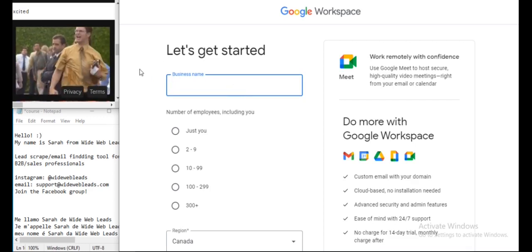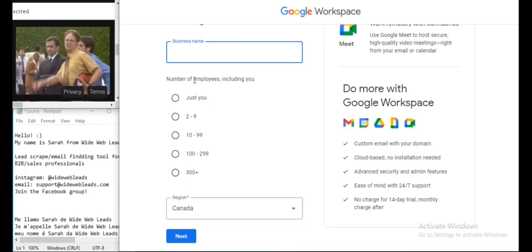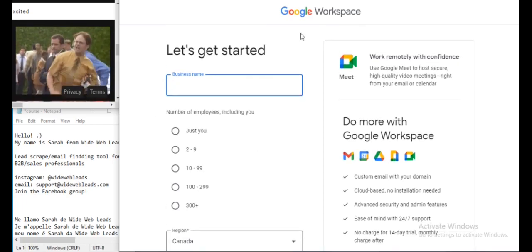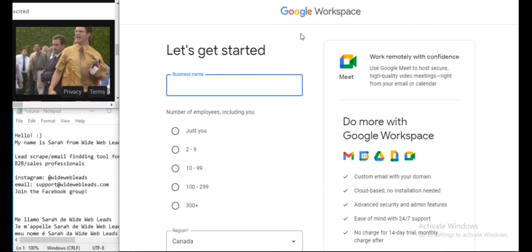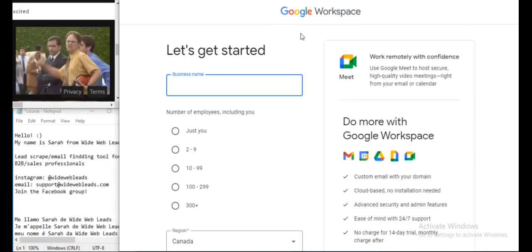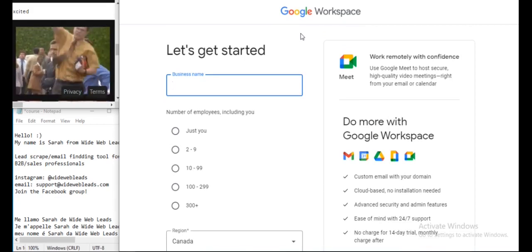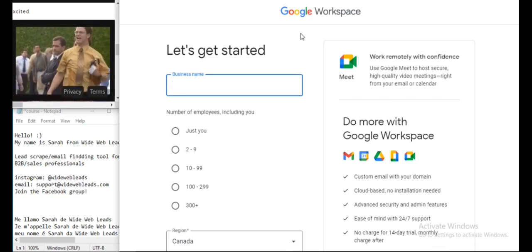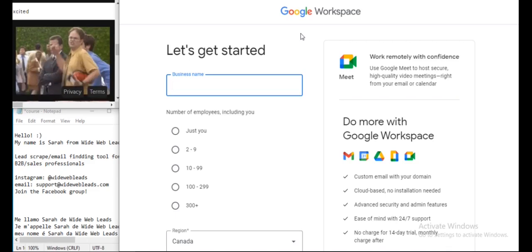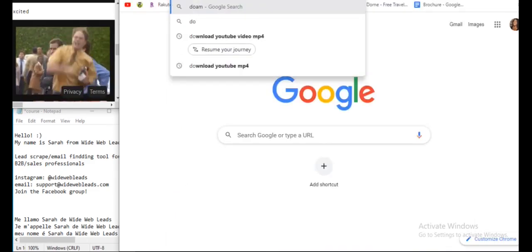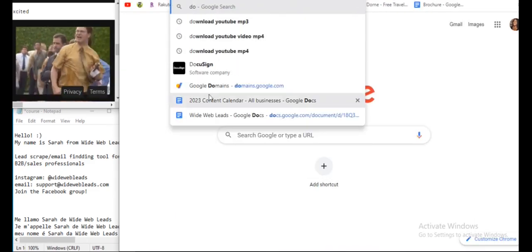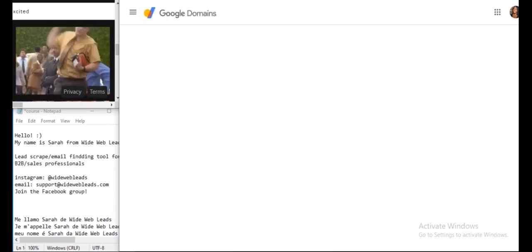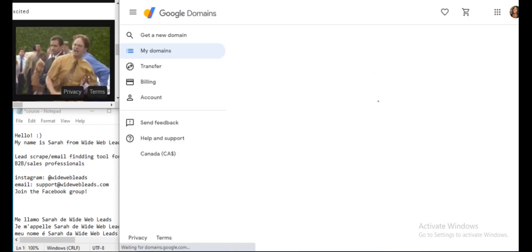Here's where you write your business name, and then you want to write down the number of employees and then click next. Now, if you actually have a Google domain, so you purchased your domain name, which is yourwebsite.com, Google will ask you if you'd like to create an email in that very same spot. So let me show you. If you have Google domain, Google domain is directly connected with Google Workspace.